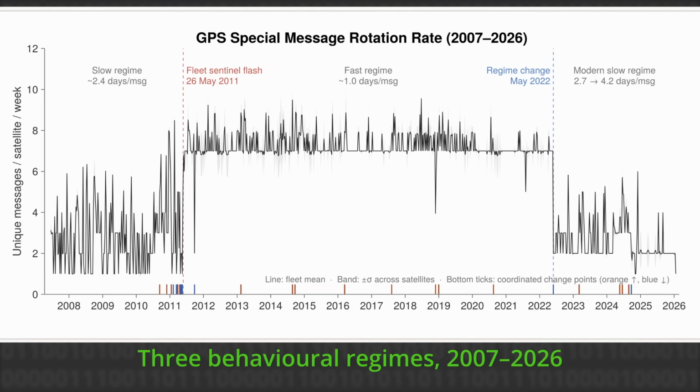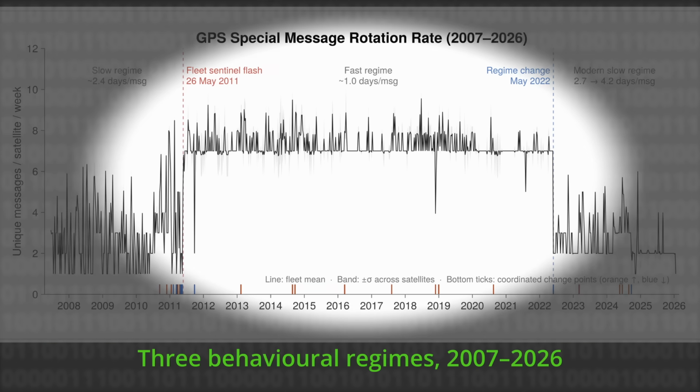And indeed, the pattern that looks like it's there is actually there: round about the end of May in 2011, something happened. After that period, the messages started rotating much more rapidly. So rather than being 3.7 days per message, it was about 1.8 days per message. That also raised the question of what happened then.